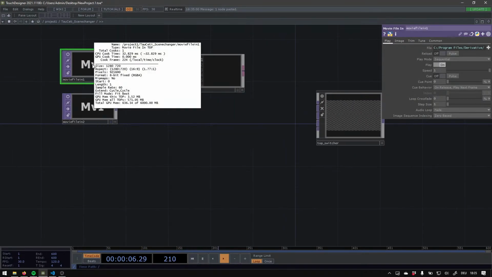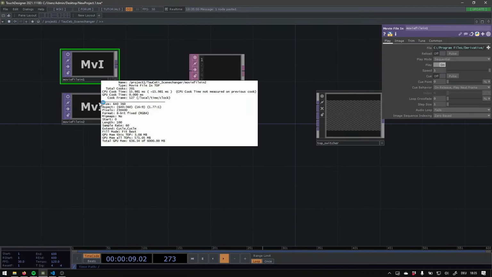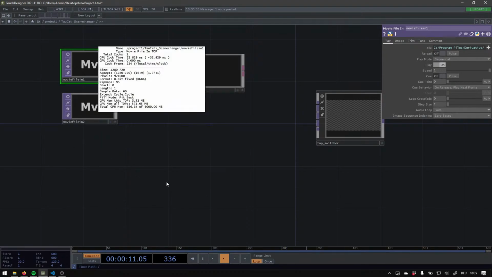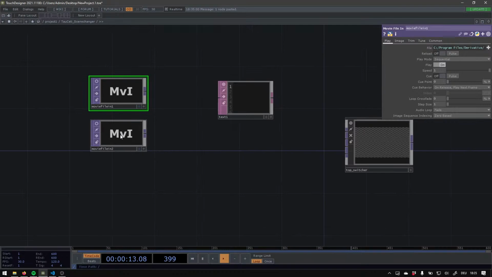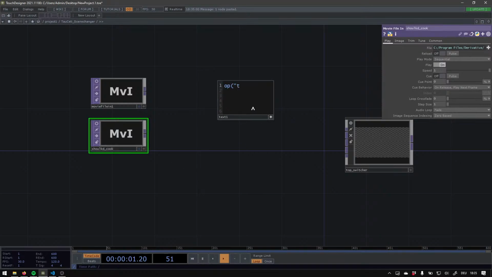So right now, as you can see here, we have two different movie file in tops, and they're both not cooking, even though this one should cook. And what I can do now is I can ask the top switcher, select top, and oh, I hope that, oh no,